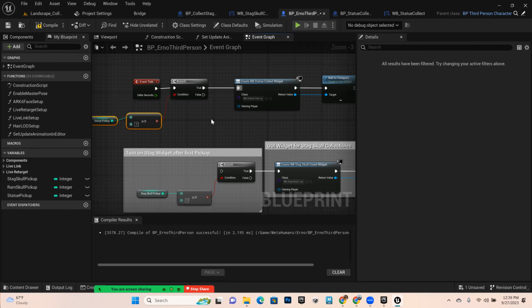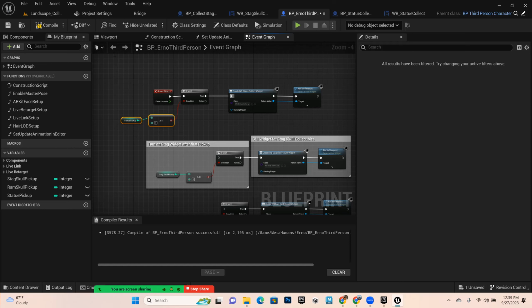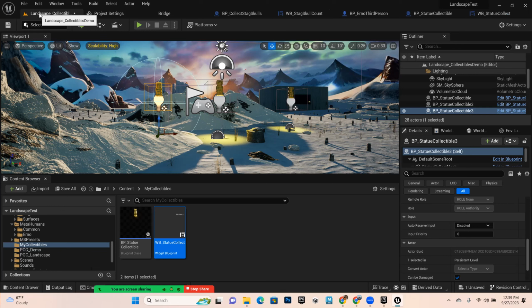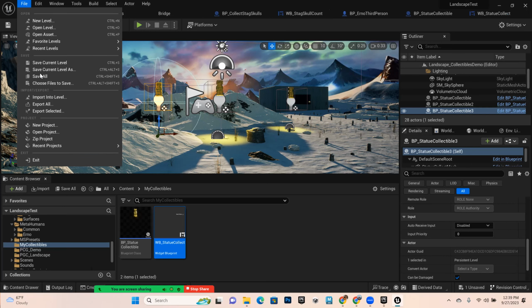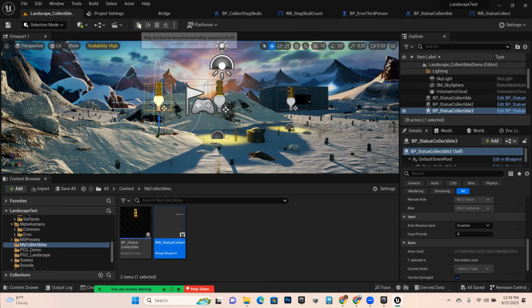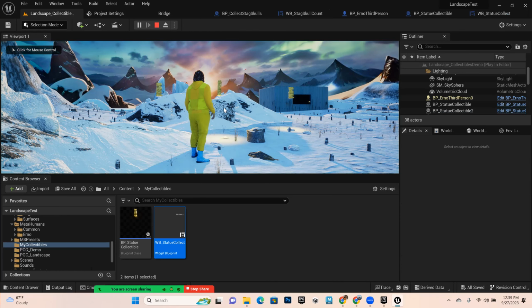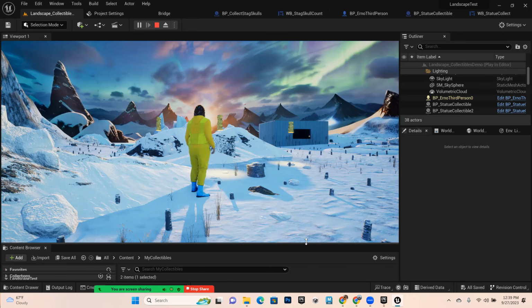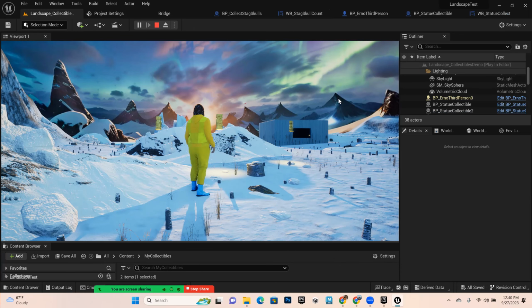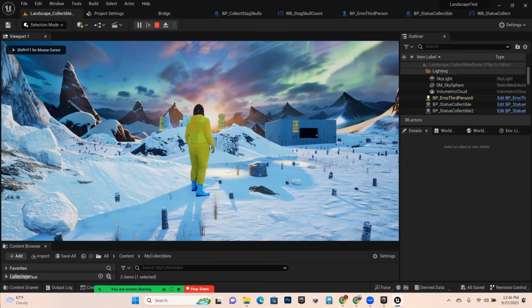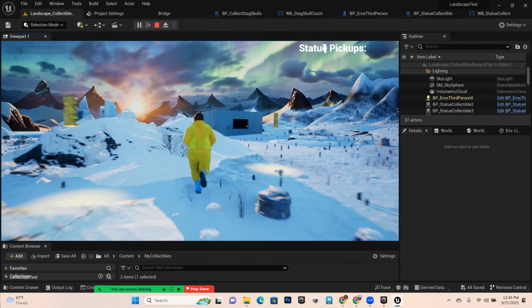Okay. And that should do it. I'll compile. And I'll save it. So now if I go back to my landscape and I hit play, I shouldn't see the interface that says statues collected anywhere. But if I move forward and I collect a statue,